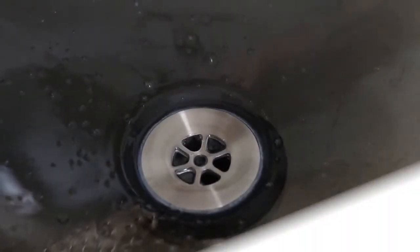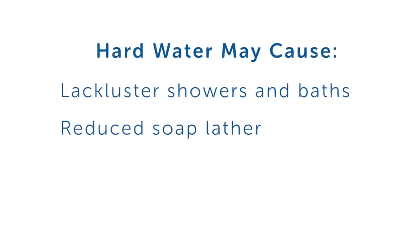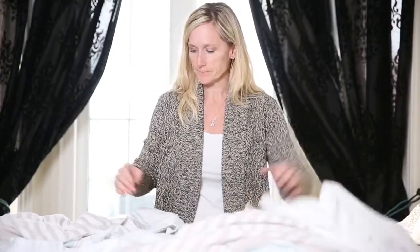Are you experiencing the uncomfortable effects of hard water in your home? If you have hard water, problems you may be experiencing are lackluster showers and baths with next to no soapy lather, resulting in soap scum left behind on your skin and hair, laundry that appears dull, dingy, and feels stiff,